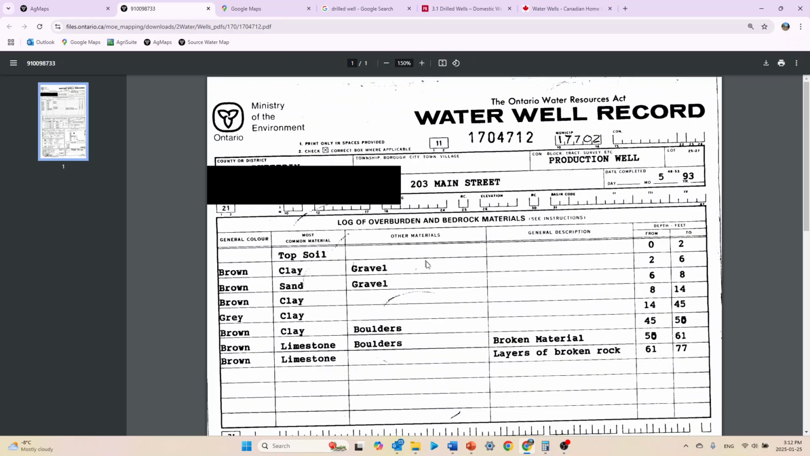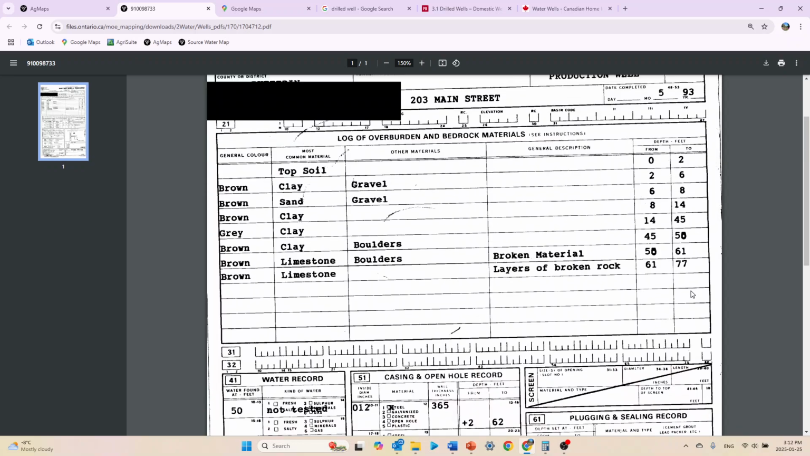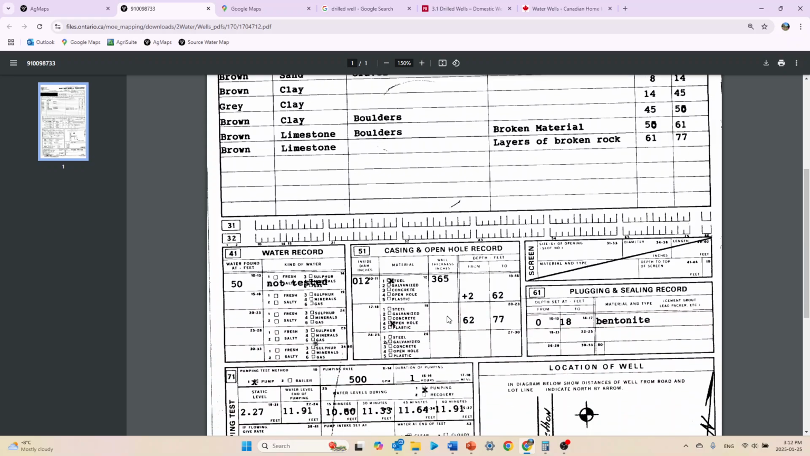Zoom in a little bit. So we see that the total well is 77 feet deep, and we have a steel casing. The well thickness is larger, 365, and it's plus 2 meters above grade down to 62 meters. So we can tell right away that this does in fact meet the definition of a drilled well